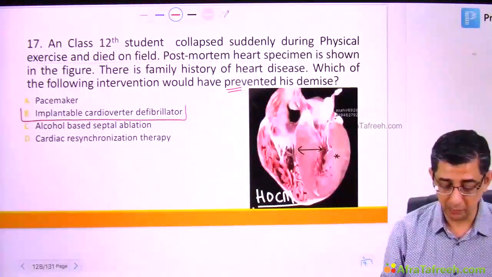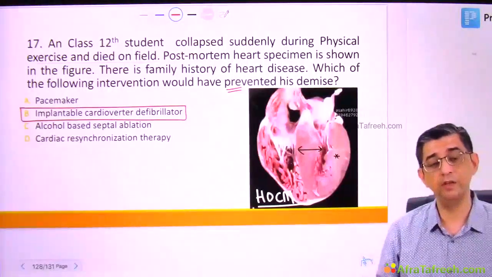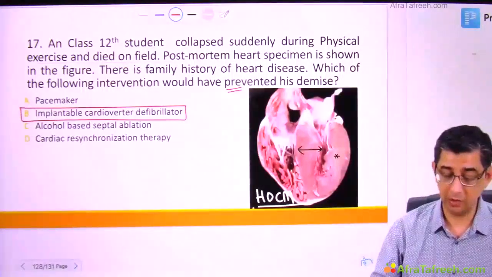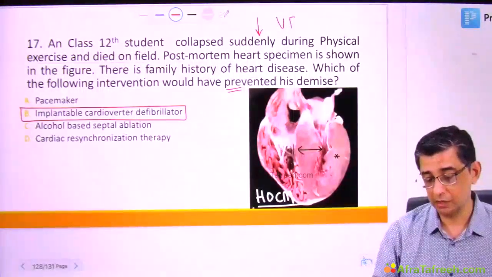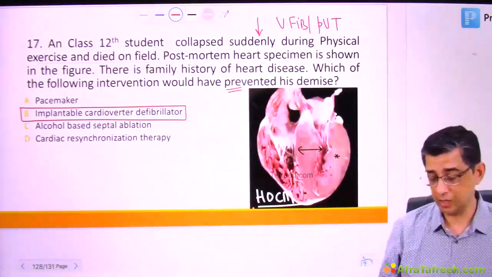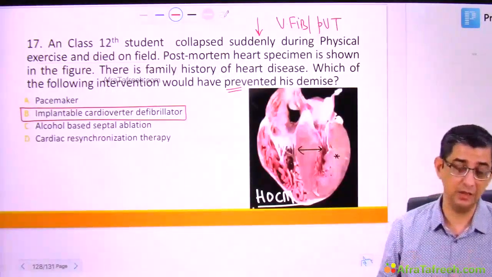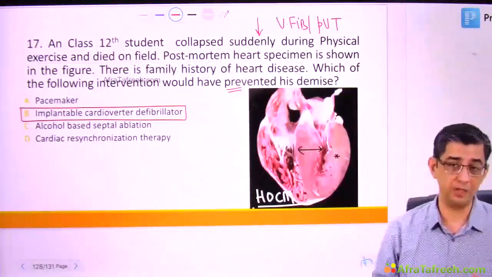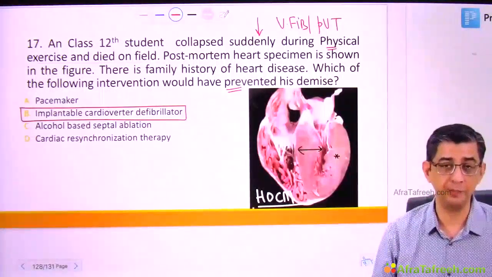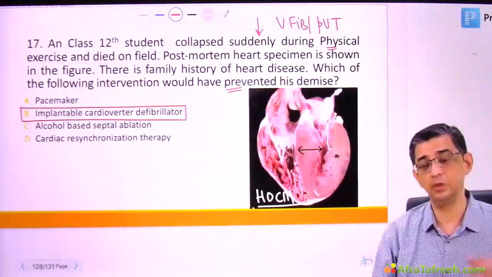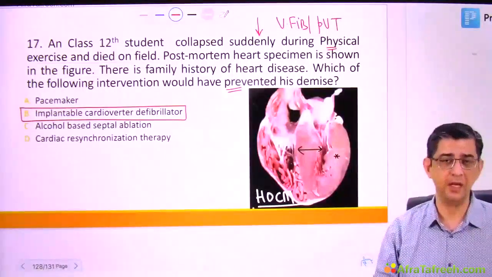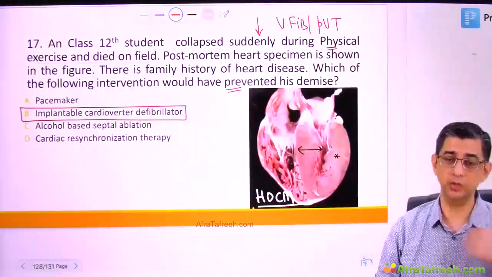If this device was deployed in this patient, it would have delivered a DC shock and terminated the tachyarrhythmias present in this case. Most of the time, the tachyarrhythmia which will contribute to this person collapsing suddenly is either ventricular fibrillation or it could be PVT, that is pulseless ventricular tachycardia. In patients who are having this excessive increase in the cardiac muscle, the oxygen demand is tremendous. And he collapsed during physical exercise, like it could be a PT period, no? The PT teacher was making children do some exercise, some stretching exercises maybe, because in class 12 there's already so much load of studying that the PT teacher decided, okay, to all the boys, do some running,